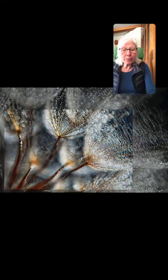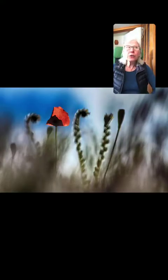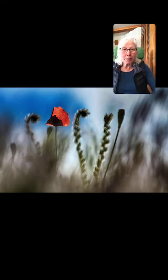But there are some times when you actually want to pull back a little bit more. For example, I love poppies. I really like poppies, the flower. I was in the Palouse area of Washington in the USA, and there were quite a few poppies there. I made lots of poppy images for a couple days. I made a bunch of close-ups, and a lot of them came out very beautiful. I really liked them. But my favorite picture from that time is this one, the one I'm showing right now,